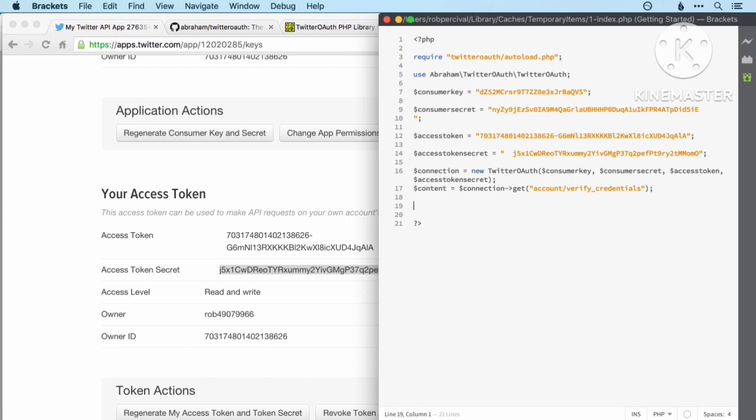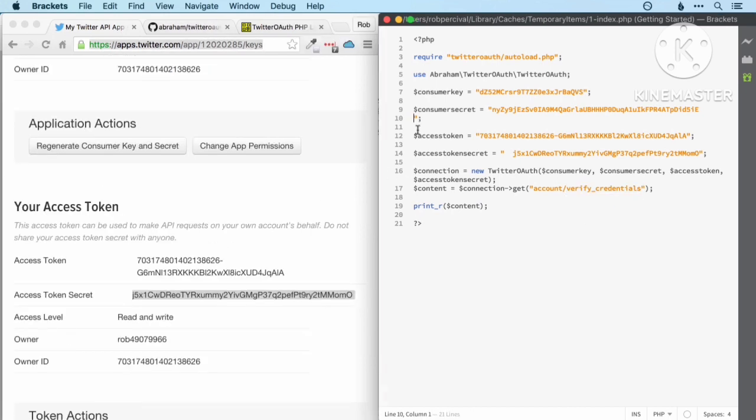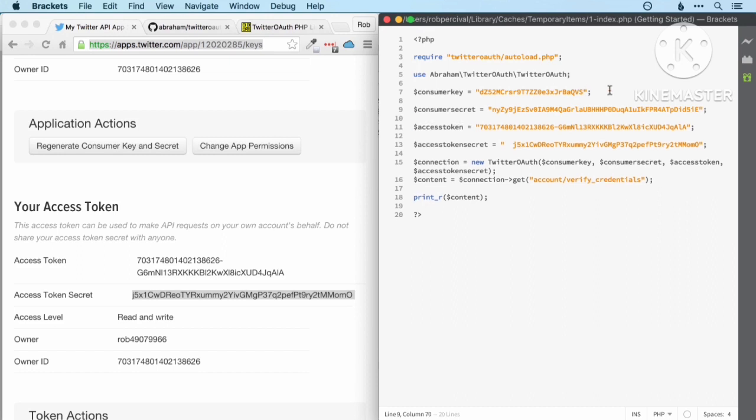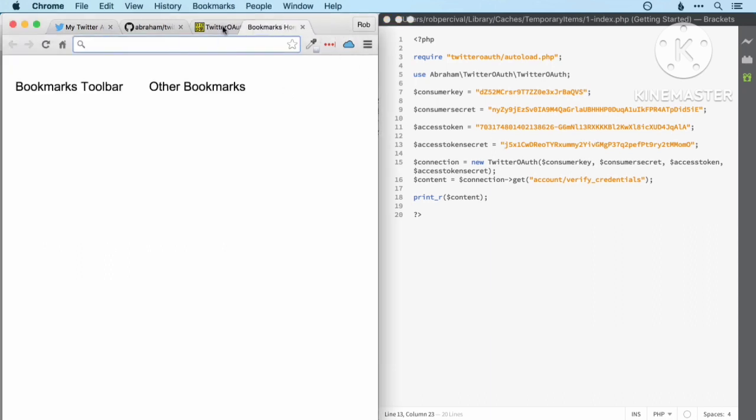So the only change I'm going to make here is just to print content there to see what is returned by the Twitter API when we attempt to verify the credentials. And if you'll notice, I've actually got a couple of other bits of blank space there. So it's very easy to get those when you're copying and pasting the access codes. So make sure you've got rid of any spaces and line breaks, and then we'll open this up in a new tab,